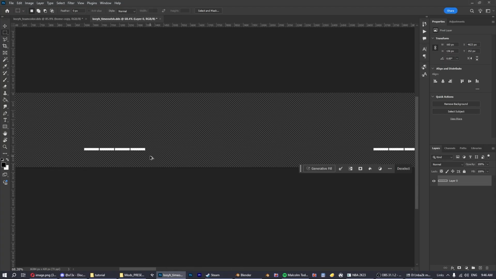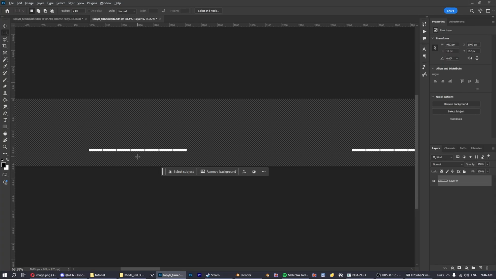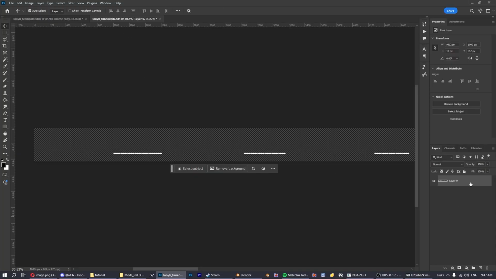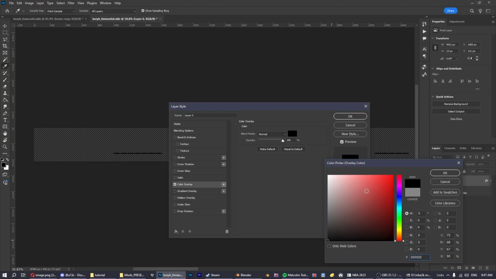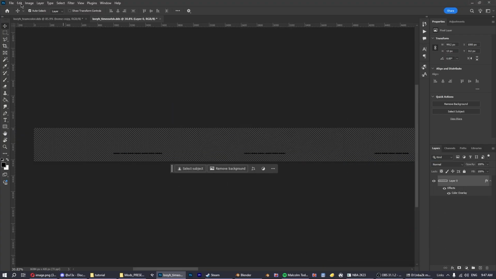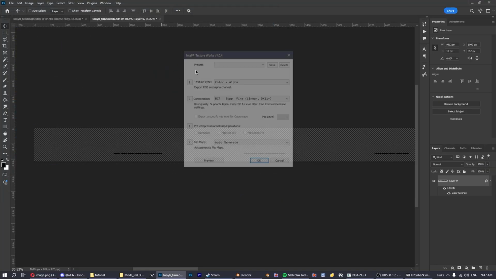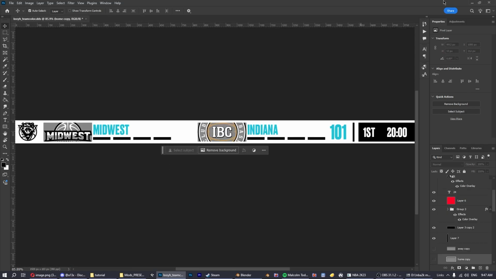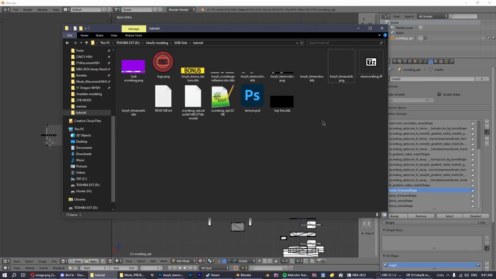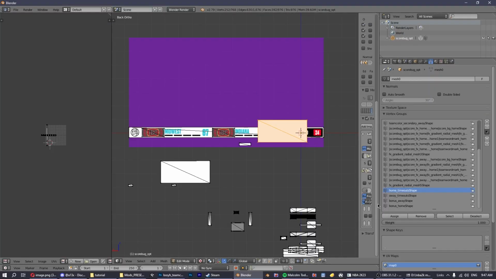Or if you want, you can just leave the 7 in and then just color overlay it and line it up. You can do that too. I think I'm going to do that for this instead of the other option. So yeah, we just save that timeouts thing. And then